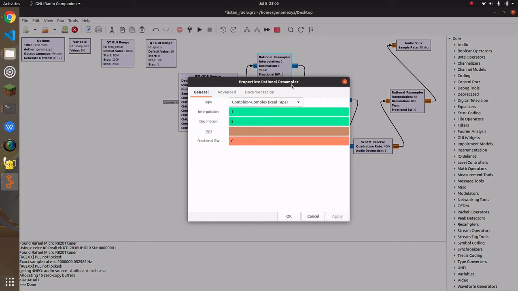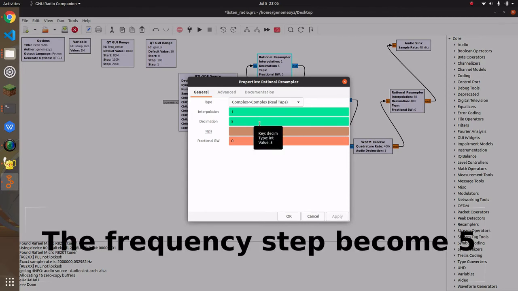With the default, the frequencies we will process are like 90 million 1, 90 million 2, 90 million 3, and so on until 110 million. But with decimation 5, it will be like 90 million 5, 90 million 10, 90 million 15, 90 million 20, and so on.